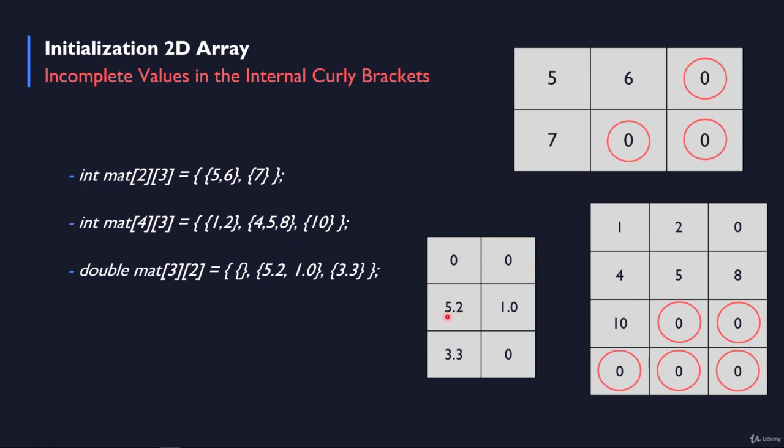Then we have these 5.2 and 1.0, and lastly 3.3 and 0 at the end to fill this with zeros. So the question I am asking you is, try to check it out and print the values also of this two-dimensional array, and make sure that if we didn't specify here the empty curly brackets like we've done